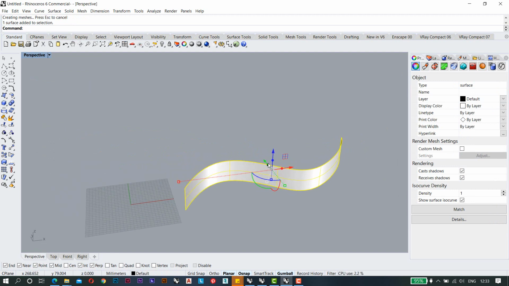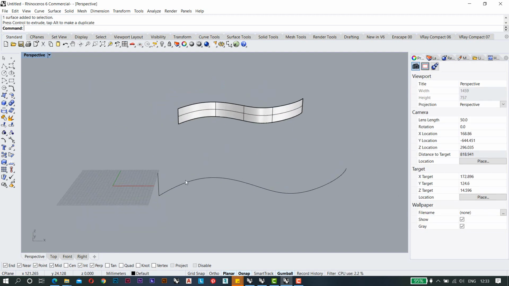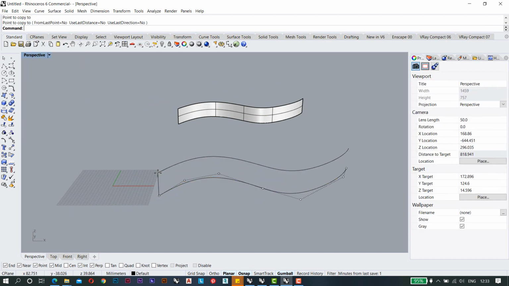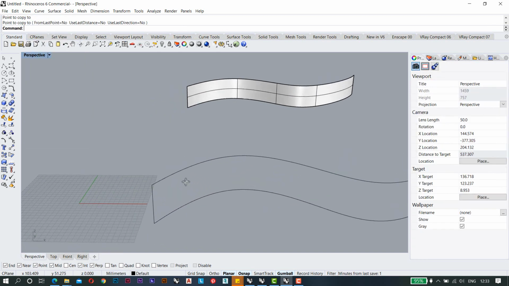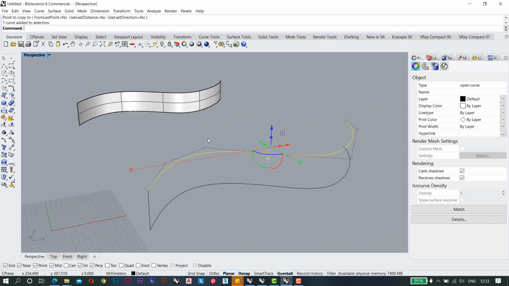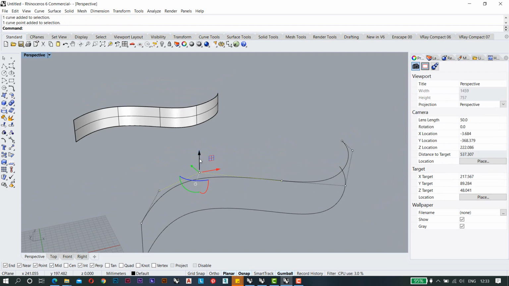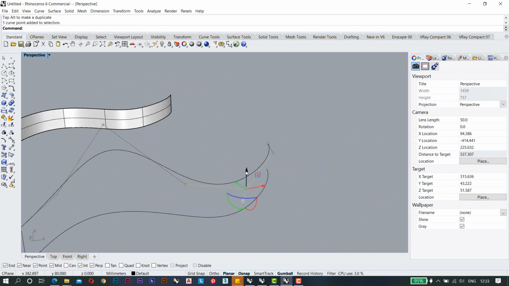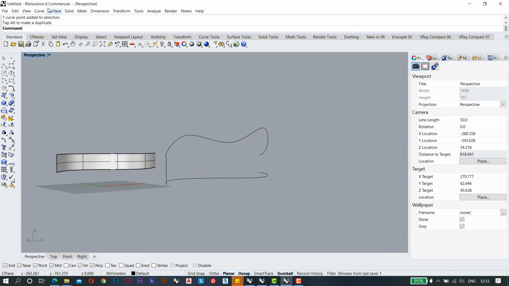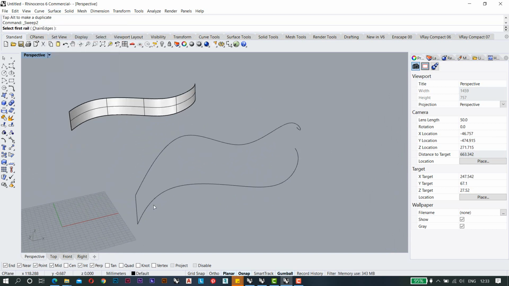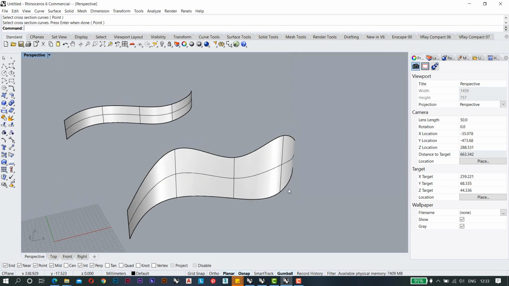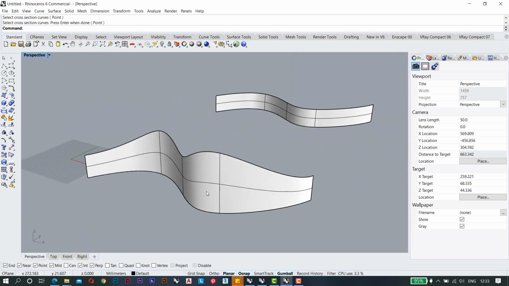But if I talk about sweep2 rail, in this case you can change the second profile. Might be like this. Clicking on sweep2 rail, first, second rail, section. It will make the thing something like this.